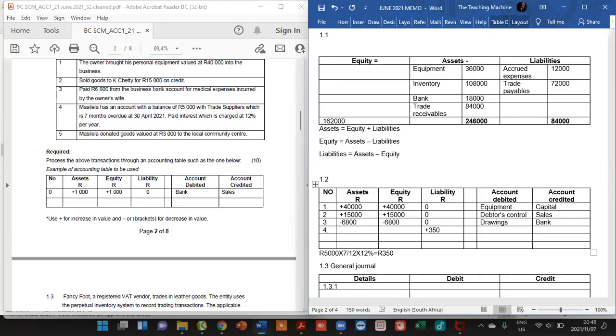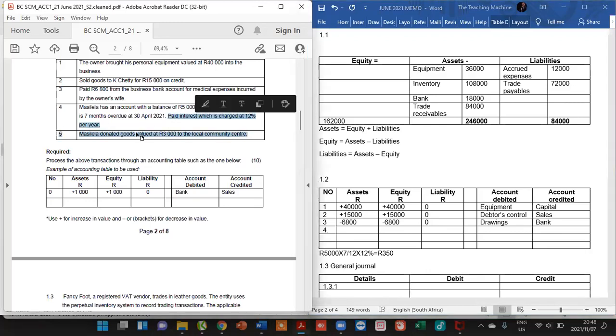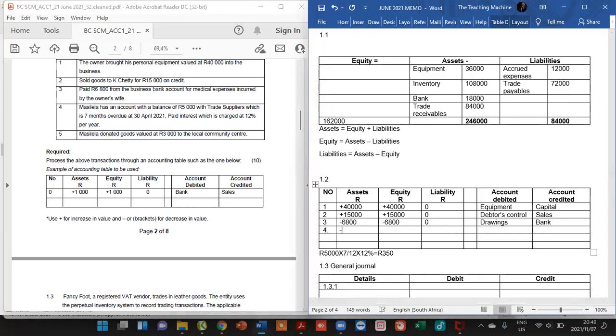Debt of the business will increase. Sorry, I think I'm talking rubbish. Because this one says that paid interest. This interest was paid already. If it was paid, the bank account should be affected because it's the business that owes the supplier. So it should be minus 350